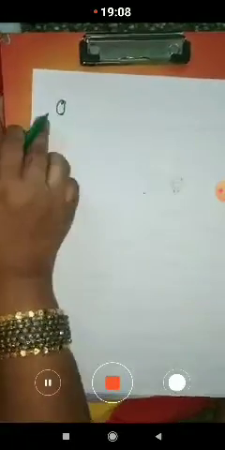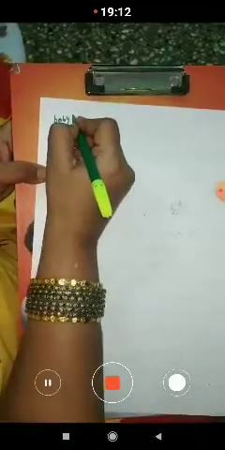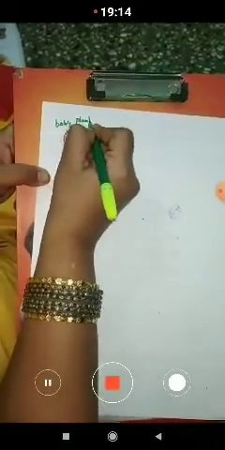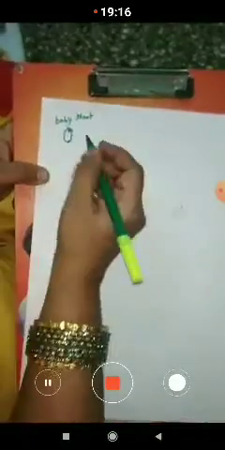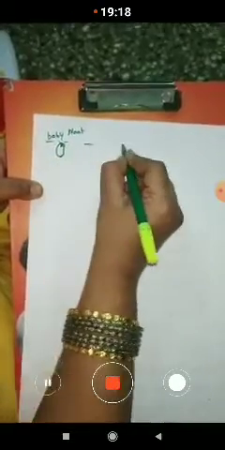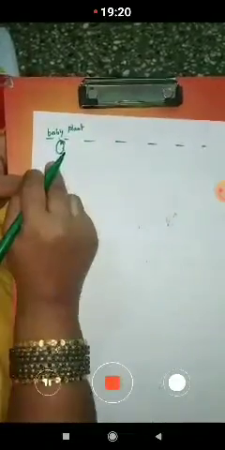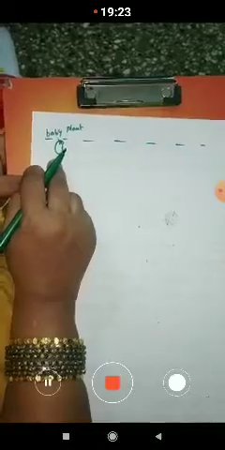Now when we see the germination of a seed, this is the bean seed. In the bean seed we can already observe the small outgrowth coming out like this, and two leafy structures are present. This is called the baby plant which is present inside the seed. So when this seed is sown in the soil and gets suitable conditions,